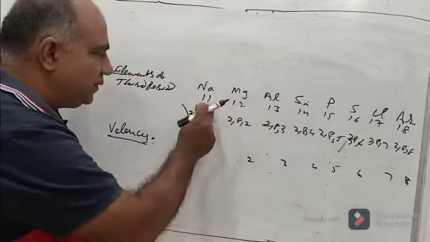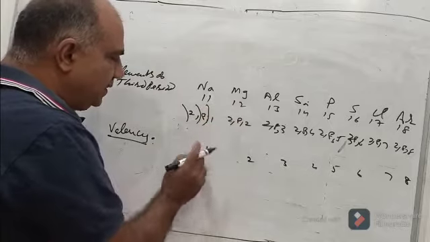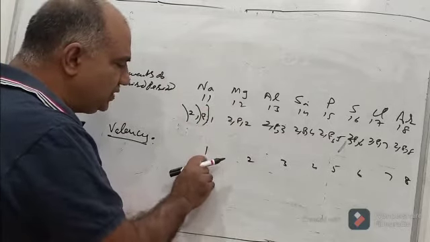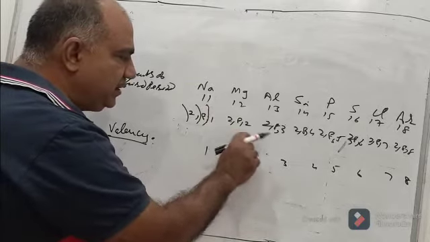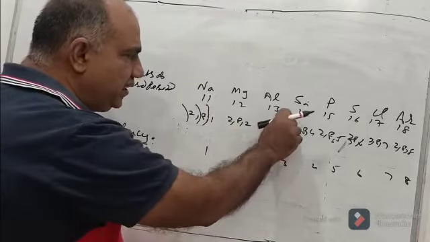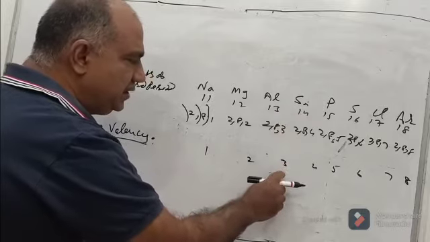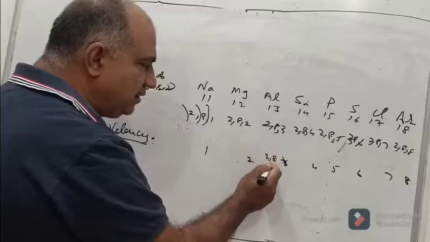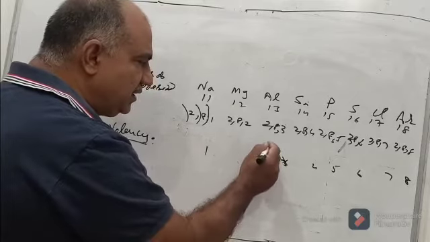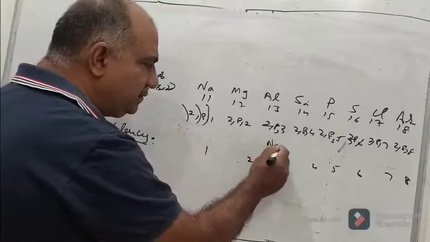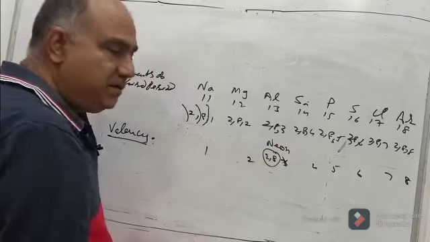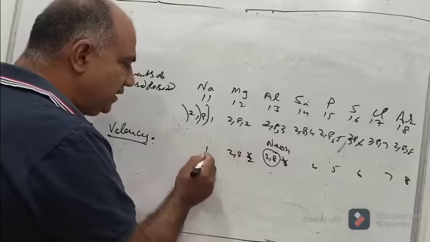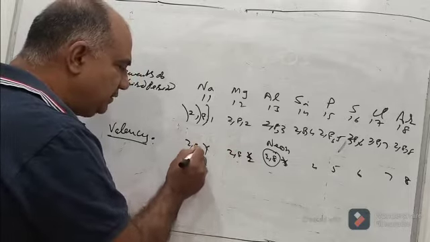Now, for sodium, 2, 8 and 1. Now, if sodium wants to react, it has to lose this one electron. If magnesium wants to react, it has to lose 2 electrons. And if aluminum wants to react, it has to lose 3 electrons. So, it will lose 3 electrons and it will achieve the noble gas configuration of 2, 8, that is of undoubtedly neon. Atomic number of neon is 10. And if this will lose 2, this will also achieve this one. And if this loses 1, this will achieve also this.